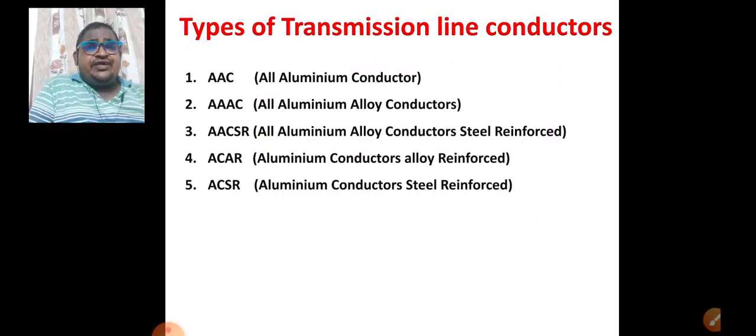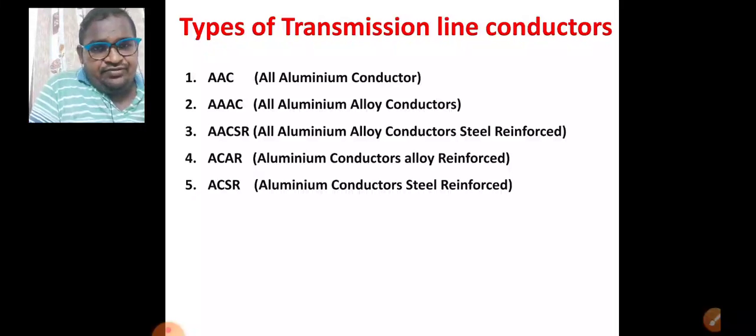Now, what are the various types of transmission line conductors? Already we have seen the types of conductors, and this is the types of transmission line conductors. So there are five. You can observe that those five are, the first one is